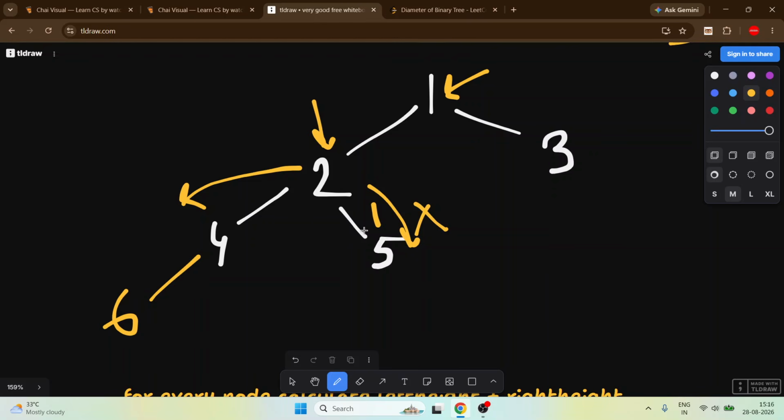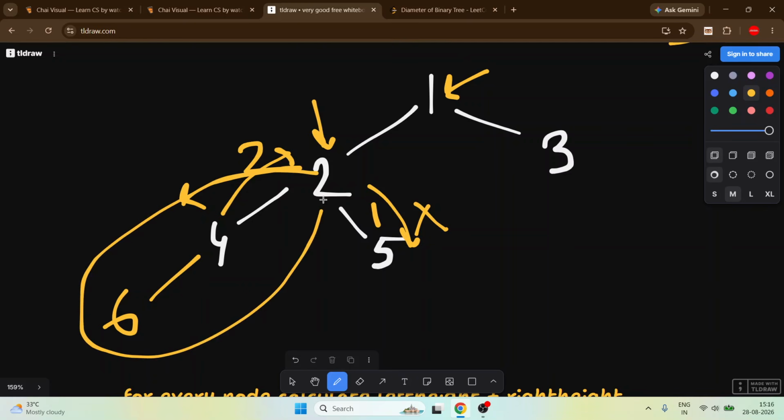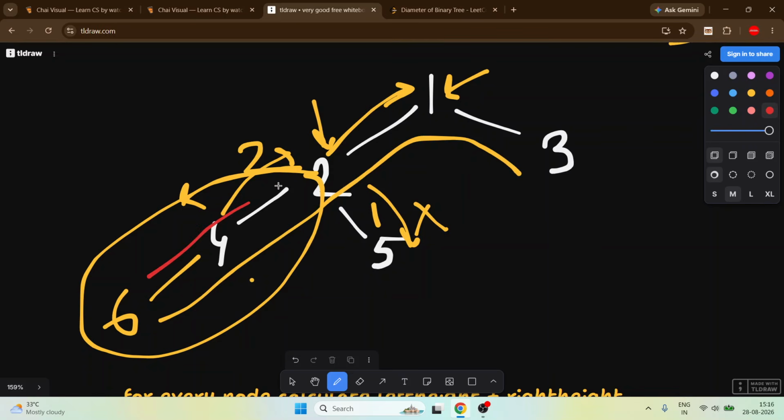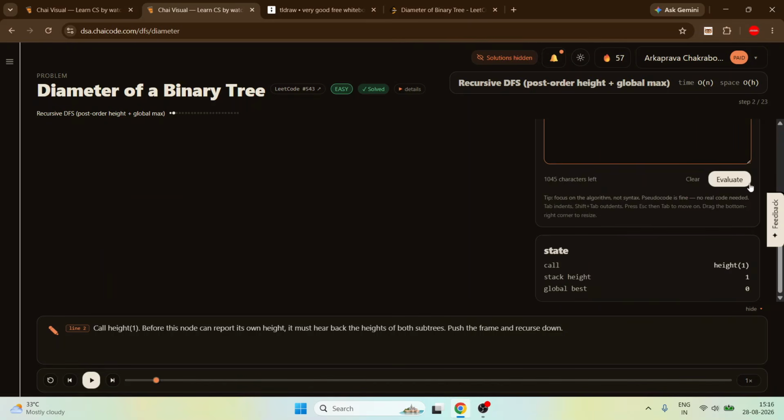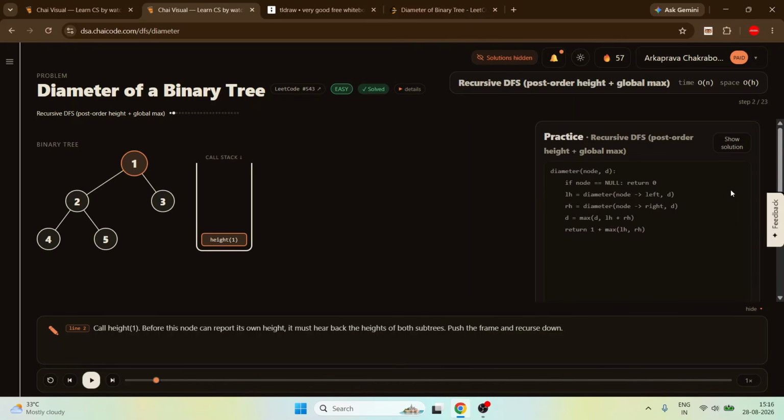But this 4 can return 2, because the whole height of this part is 2, from 2 to this 6. So whenever we return from here, we return the maximum, and our path for this case will become this one, because it is bigger. So we need the maximum, and for that we are using this. So let's evaluate it.